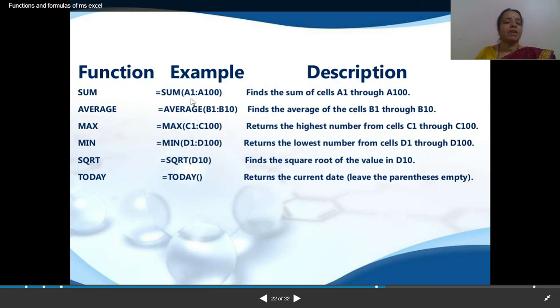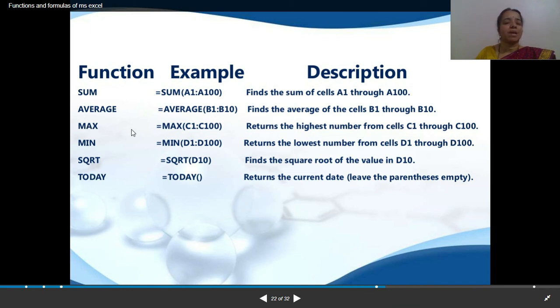The values are in cells A1 to A100, so this finds the sum of cells A1 through A100. In the same way you can use the AVERAGE function to find the average of values from B1 to B10.